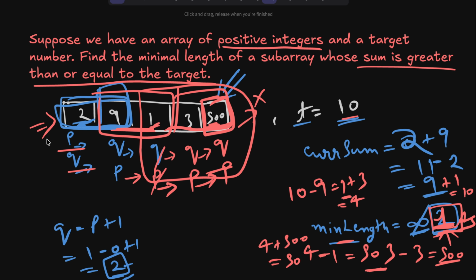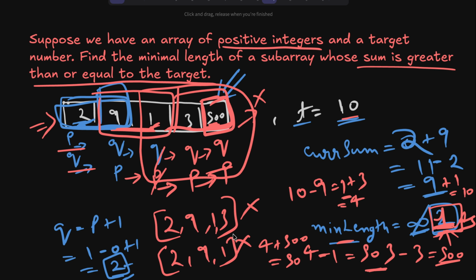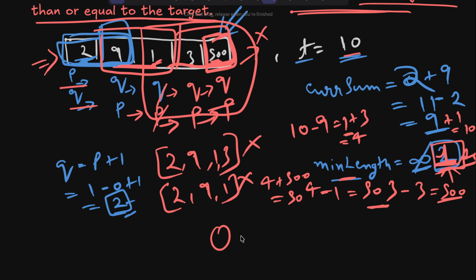And here in this question also you can see that we never went for 2, 9, 1, 3, this subarray, right? We never went for this. Why? Because we never needed to. We actually just skipped this, right? We never calculated anything for this. We never went for 2, 9 and 1 also, right? This subarray was also skipped. So in this way, many other subarrays were actually skipped automatically just because we were following the rules from the question. And that is why we were able to take the order of n squared solution to order of n,